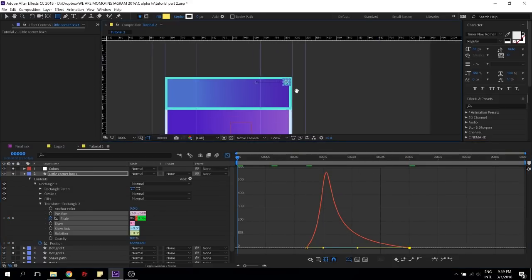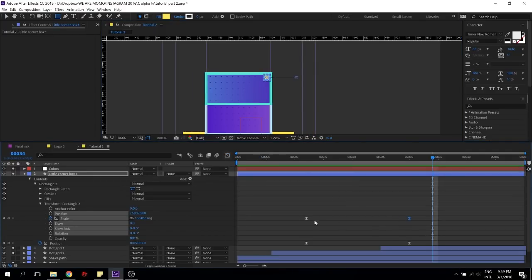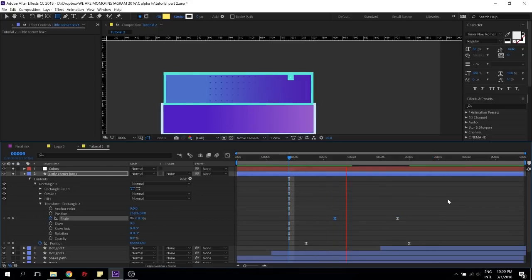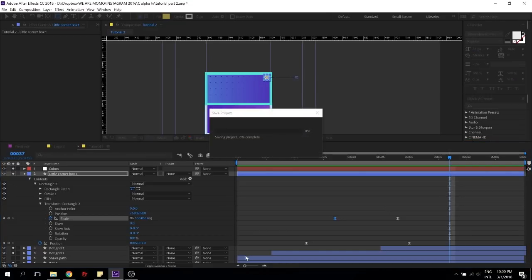What's gonna happen here is that it's gonna go up and then scale up as it goes. So what would be perfect is if we have it this way, somewhere around here. The moment it starts going, that's when it scales up. Yeah, cool. So it's just about how you feel it.